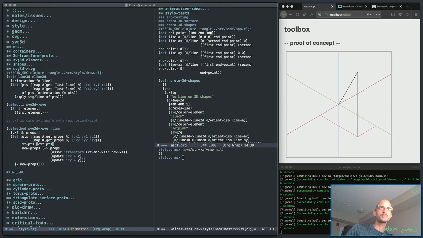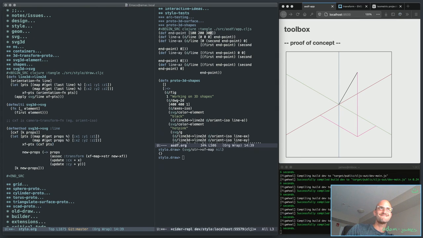And then new props is, in this case, how did I do this here? xf points is the orientation function, and then